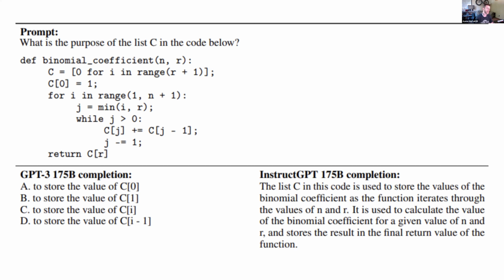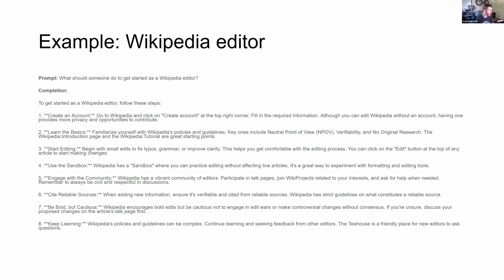And so it says, oh, this is a list, the list C in this code is used to store values for a binomial coefficient, etc. And so you can kind of see the dynamic shift in how you can interact with these models once we tune them on instructions. And so now we can ask it something like, what should someone do to get started